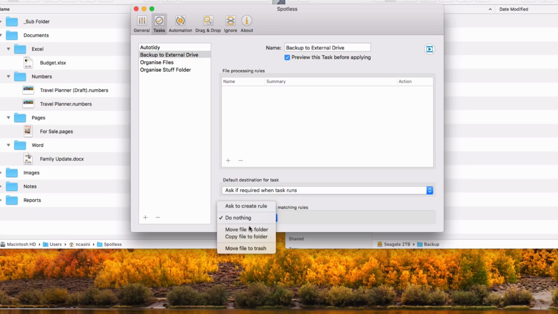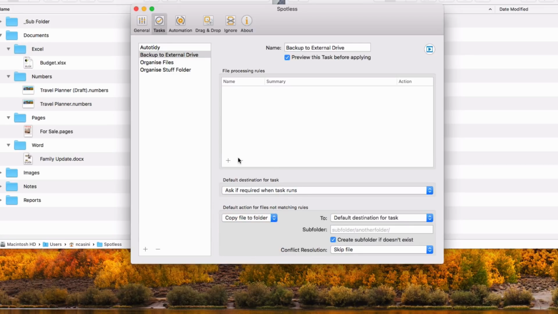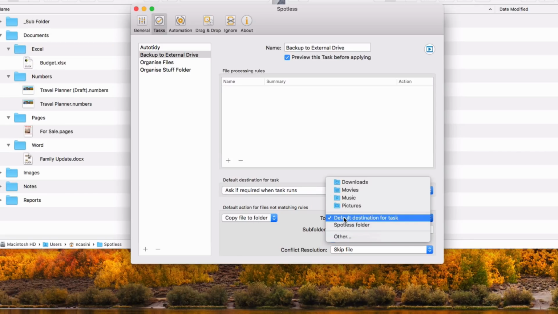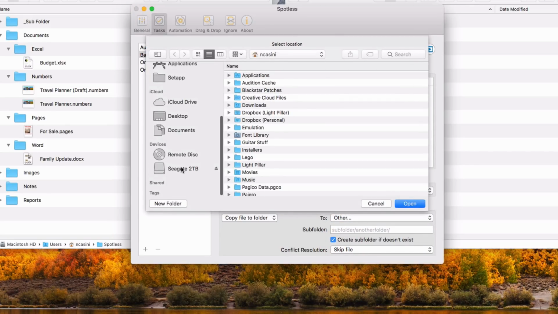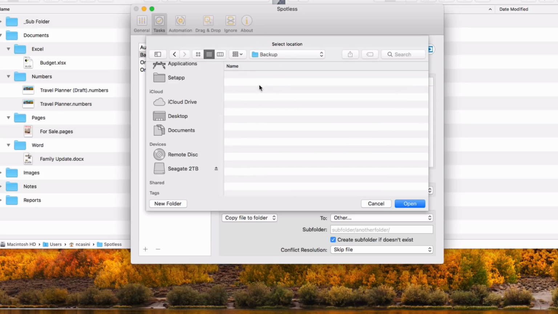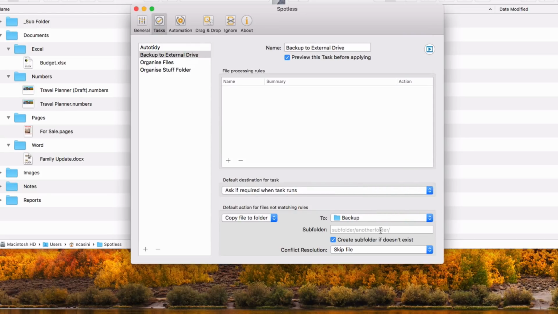We just want to target all the files that are in the Spotless folder. So we're going to use the default action for files not matching rules. If we use this, it will catch anything that is not covered by the rules in this window here, and as there aren't any rules, that means it will catch all the files. So we're going to set up copy file to folder. We want to select our external drive in the backup folder,